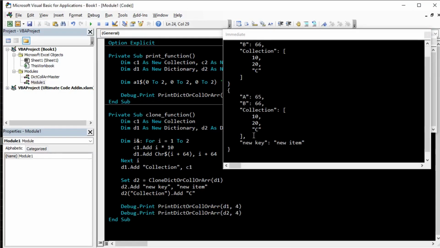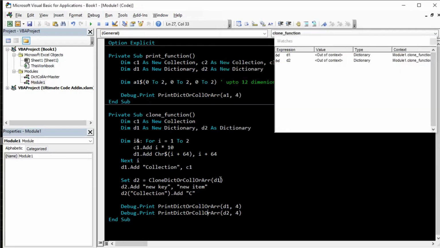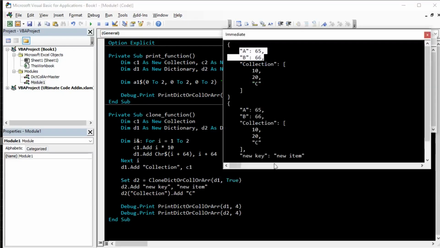So you can see this line adds C to the D2 dictionary, but it also affects the nested collection because they are not deeply cloned. They are cloned only at the top level. So we have to say true for deep clone. And now if I run this,